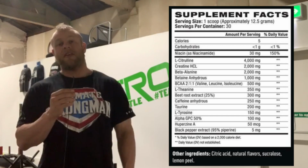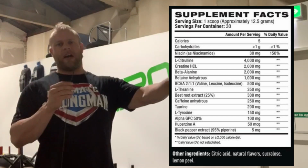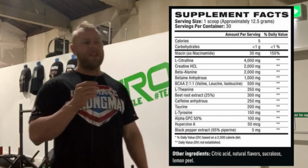Betaine at 1,000 milligrams is an okay dose. Again, it could be higher, but it's not a bad dose. So a good start, decent start, solid looking product, nothing crazy. And then,